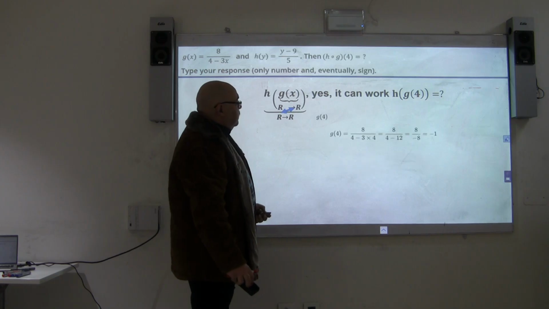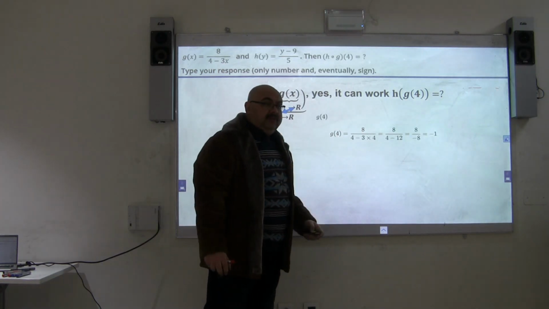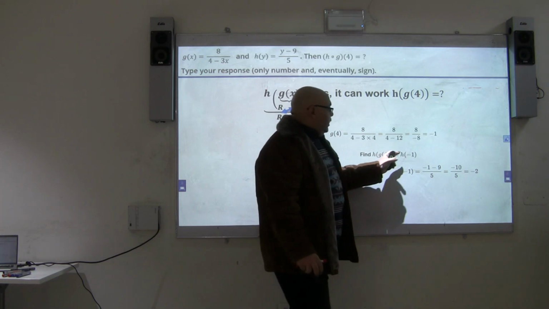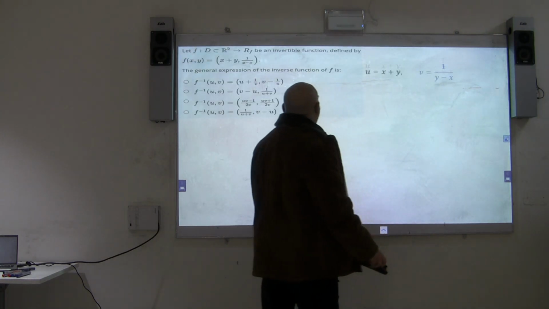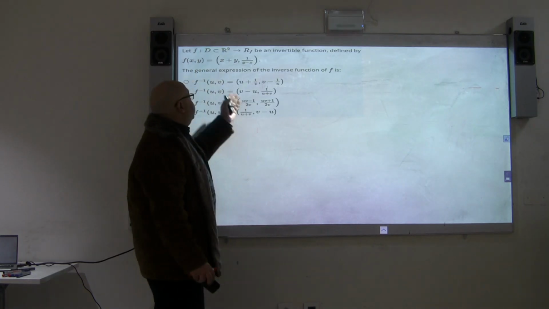Okay, the second step: g at 4 is equal to negative 1. So h at negative 1, once you substitute, will be negative 2. So I will choose negative 2. That's also another problem that came